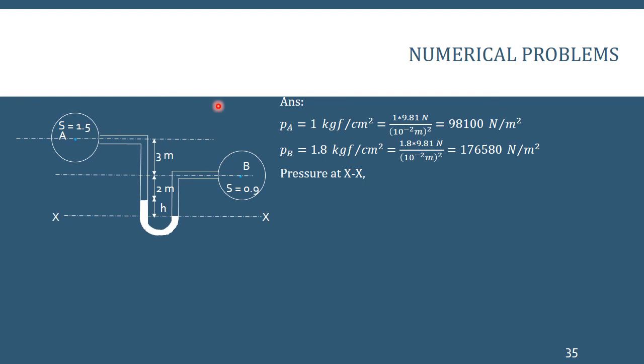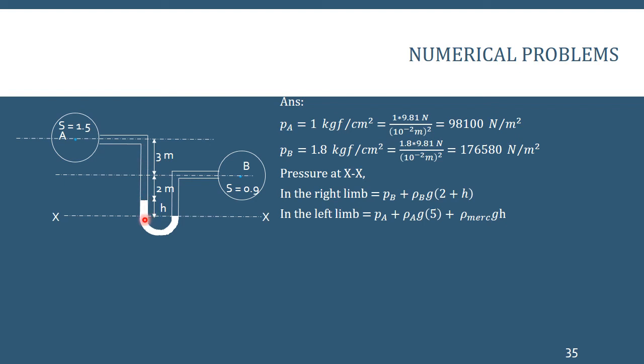Now after that, the pressure at XX in the right limb. PB is given in the right limb. Pressure at XX is given by PB plus rho B. Here the density of the fluid is different from the density at A. Here it is 900, here it is 1500. So rho B is 900 and the distance from the center line of B to the line XX is H plus 2. So PB plus rho B into G into 2 plus H. In the left limb, it is given by PA plus rho A into G into 5 plus rho mercury into